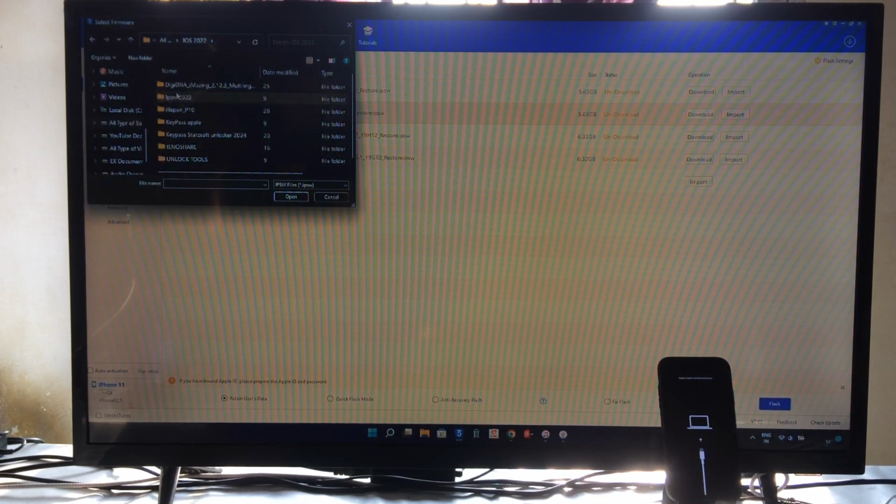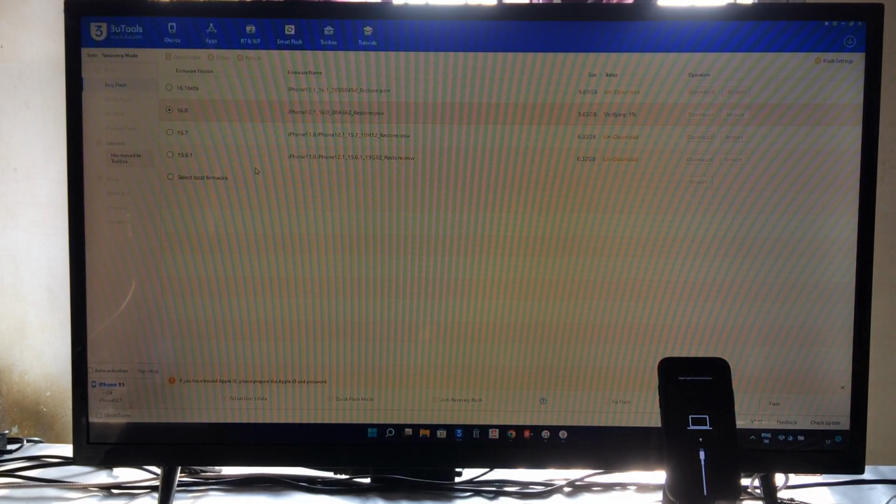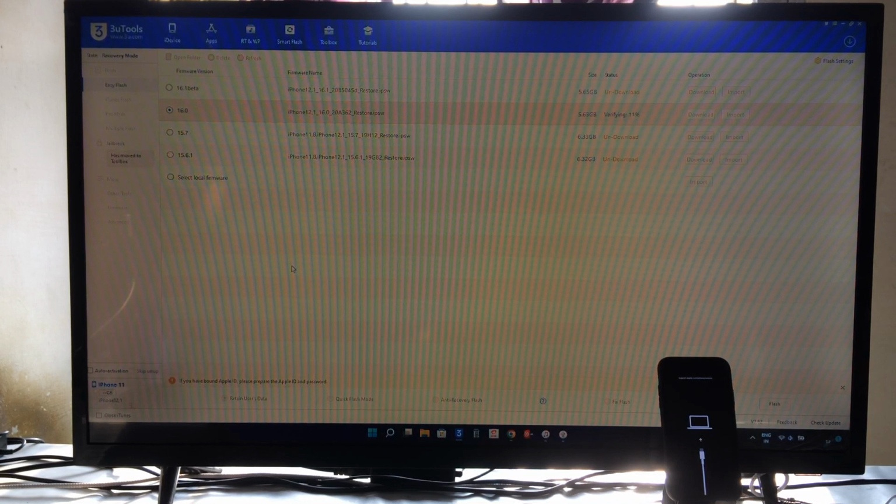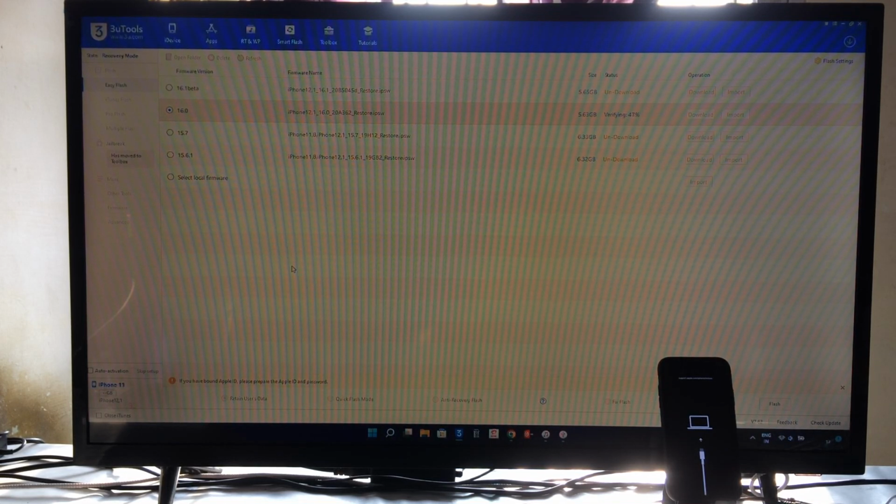So here of course we will click on here, then we will select this IPSW. So now it has started to verify here. The tool actually has taken this IPSW already now,